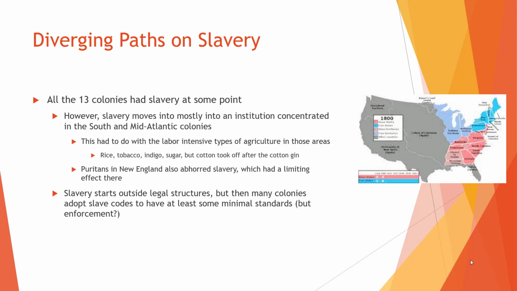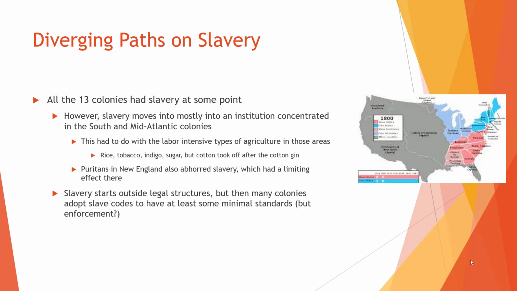Kind of indicating that you had plantations in Rhode Island. And you did have more slaves in New York. New Jersey is the last one in the North, as you can see, to abolish slavery. And now, if you notice there, this is before the Louisiana Purchase, that what we kind of know as the